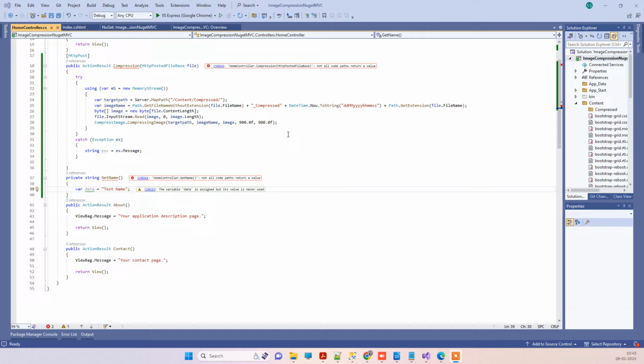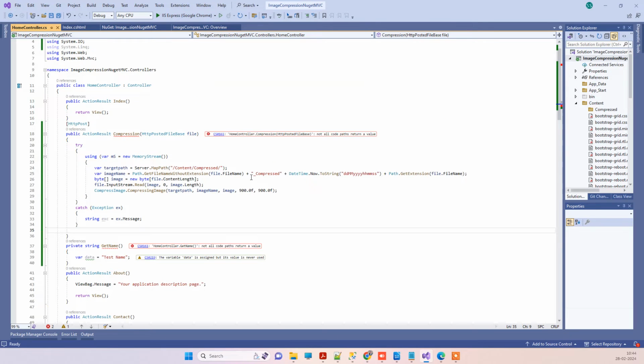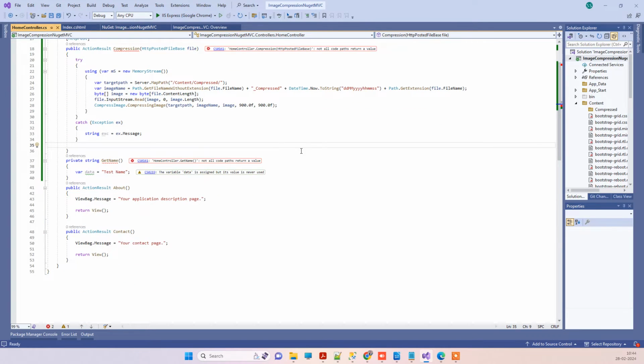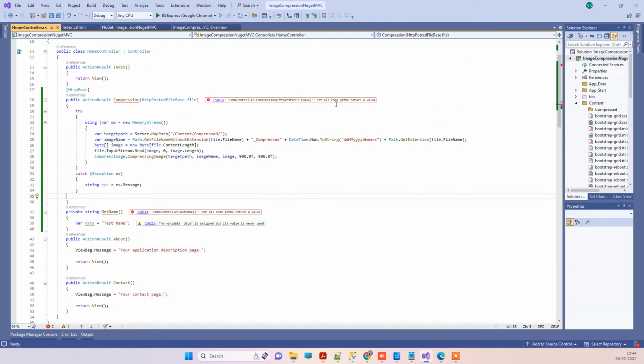So in today's video guys, we will see why we often get the error "not all code paths return a value". You can see the error message here on the right side. If you are a beginner just getting started with a programming language, this error comes when you have specified some return type in the method and then you are not returning anything